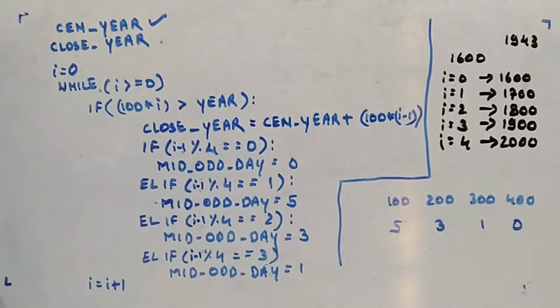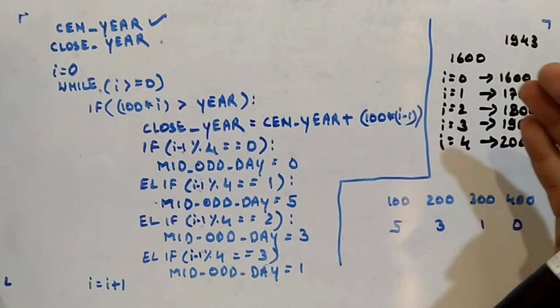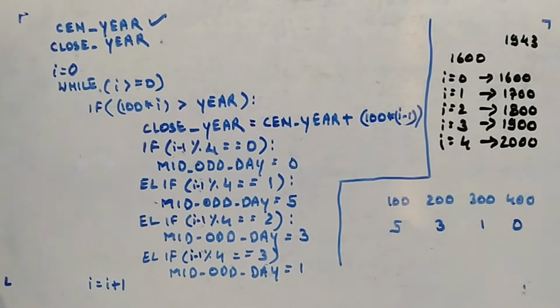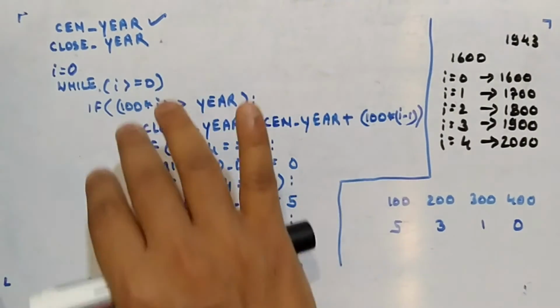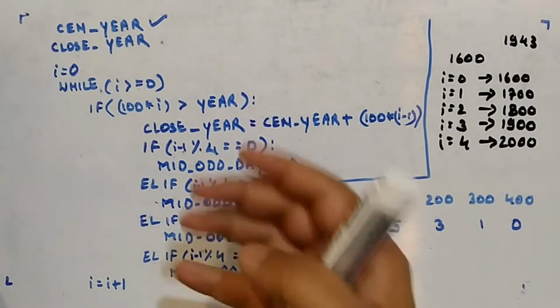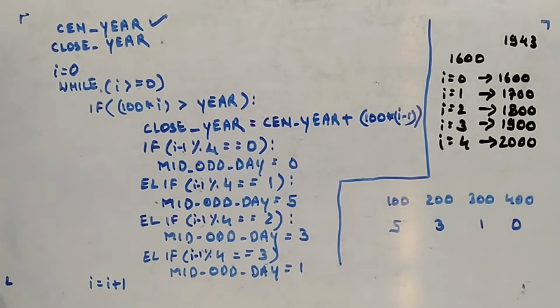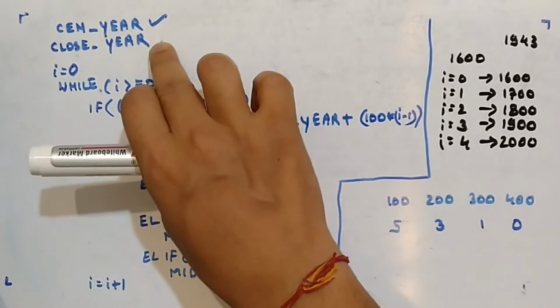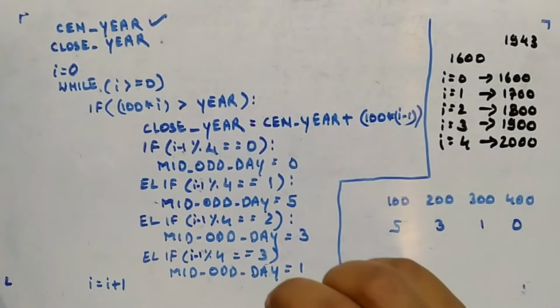Now we have to find a close year. Close year means we have to go further beyond, from 1600 to 1900. I am just writing it, it's just a variable. Pardon me if you don't like my variable names, I'm not so experienced actually. So the close year I'll be finding is basically 1900, and then we will target the last part, 43. That is how I am finding the odd days for a given year.